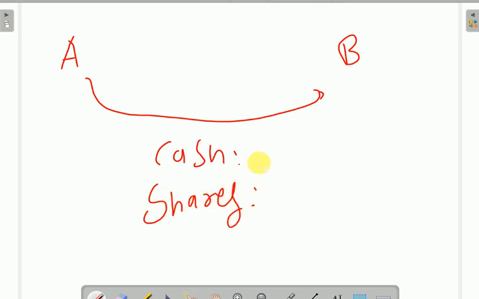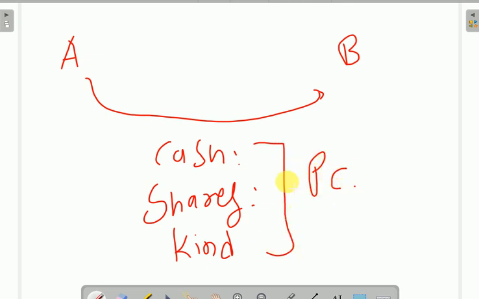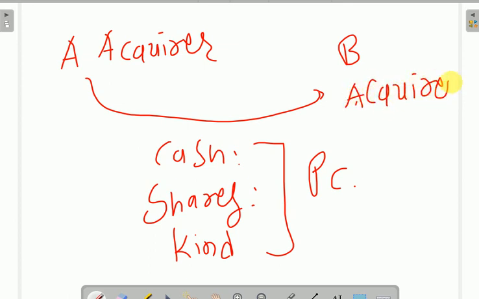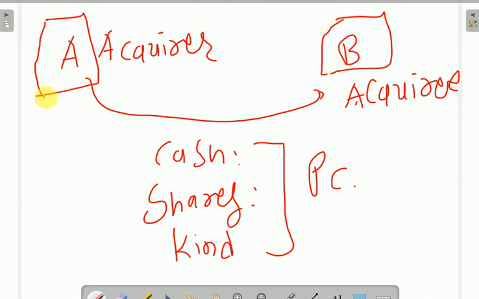ठीक है। तो अब यहाँ अलग समथिंग इन काइंड दिया, डिवेंचर्स की वजह से बदले में डिवेंचर्स दिया, इक्विटी शेयरहोल्डर्स को। ये 3 चीज मिली तो ये पीसी हो गया। तो यहाँ पर अक्वायरर कौन है, ए, और यहाँ पर अक्वायरी कौन है, बी। ये कंपनी वेंडर कंपनी है, ये कंपनी परचेसिंग कंपनी है।